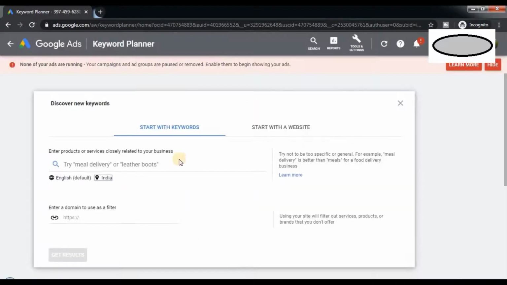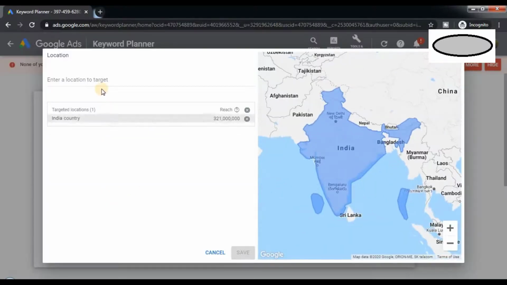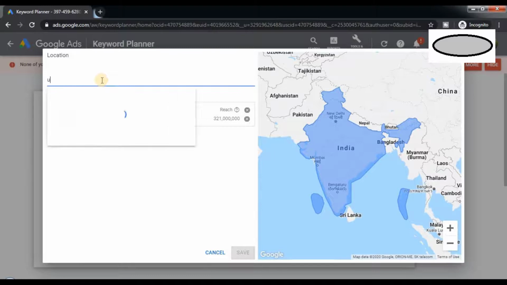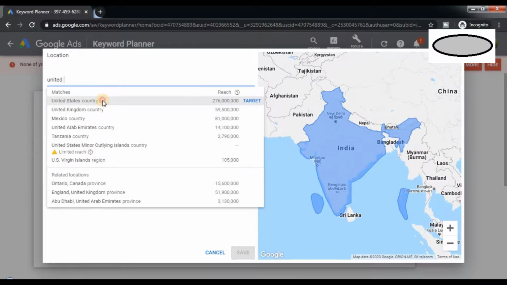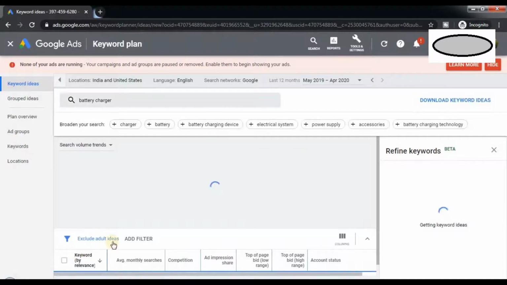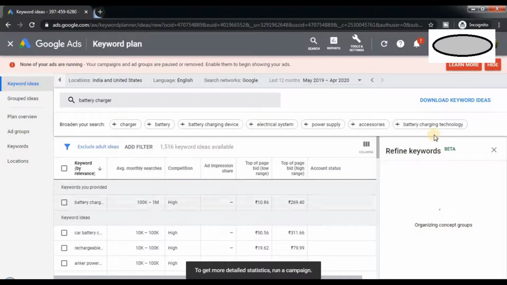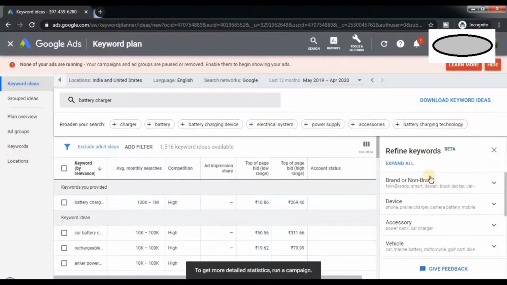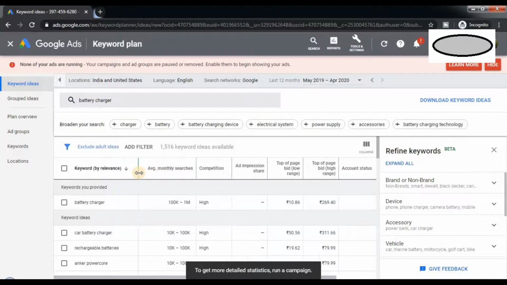Once you are done, say for example I type battery charger, my location India, United States, and save and get the results. What this keyword planner does is, it gives you the keywords by relevance. Battery charger has 100k to 1 million monthly searches.